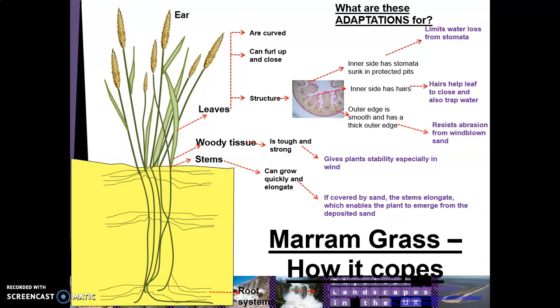So we've looked at a number of different depositional features. We've looked at beaches, spits and bars, and sand dunes, and you need to be aware of how these different things form, under which conditions and through which depositional